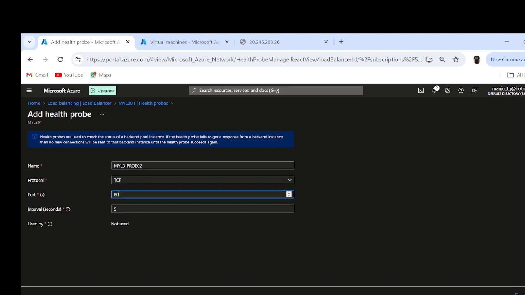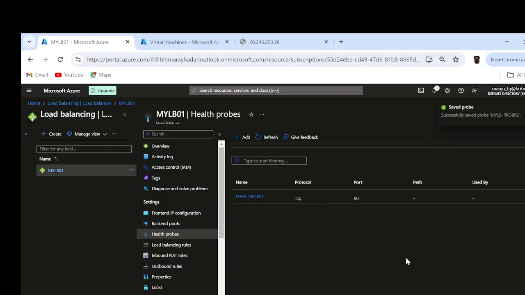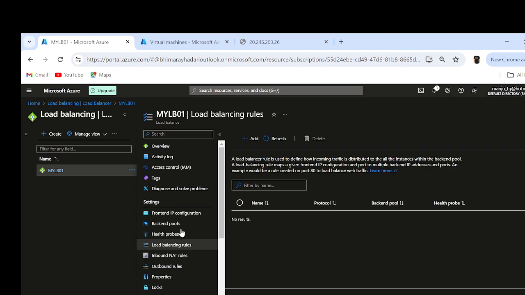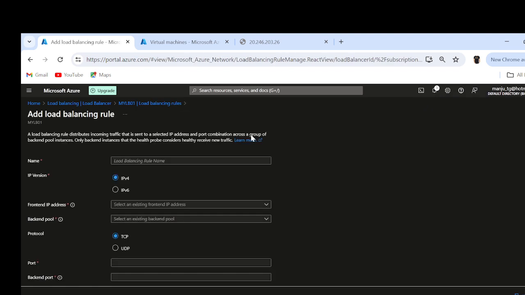So probe 02, now it is 443. You can just see 443. Save it. So now we have two probes. Okay, and go to the load balancer rules, and you can create the rules for the same for 443 and 80. Okay. So LBR01,